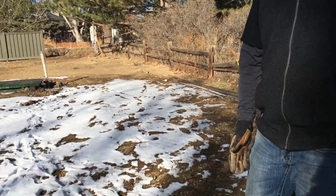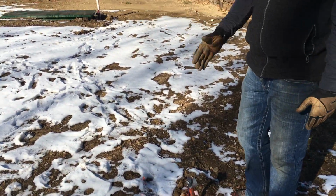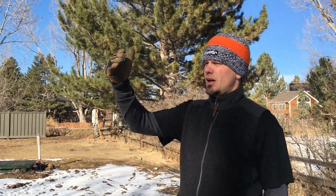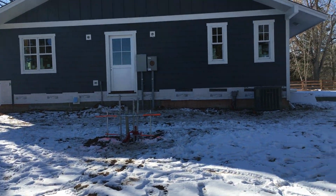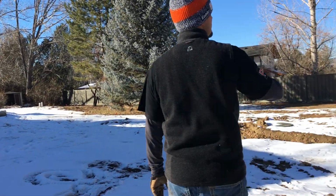I didn't want to stub those out because I wasn't sure if I was going to hit the back of the garage correctly. I would rather hit that side. That's more important to me over here. And then back at the utility side,